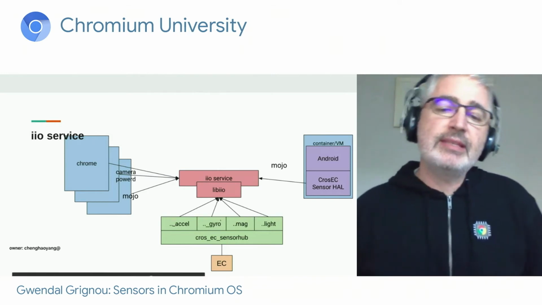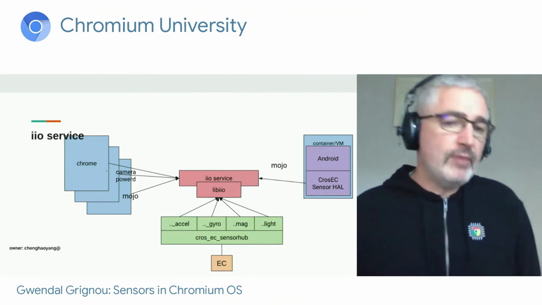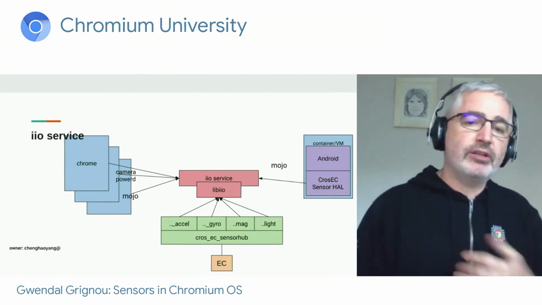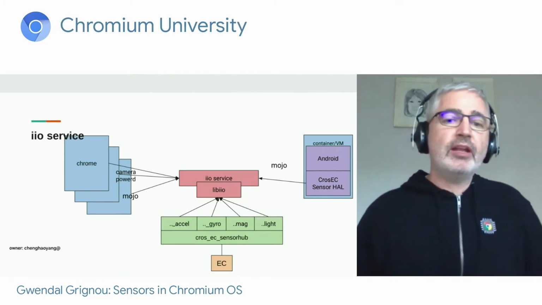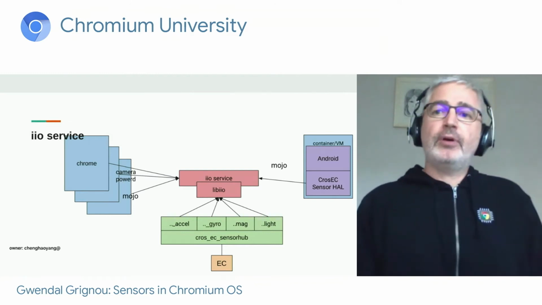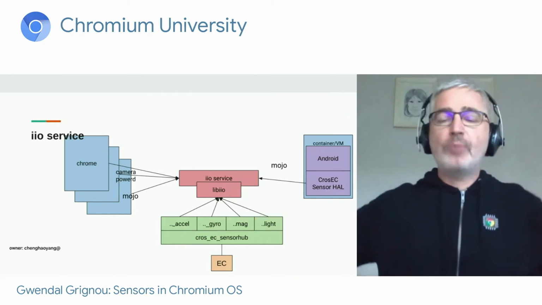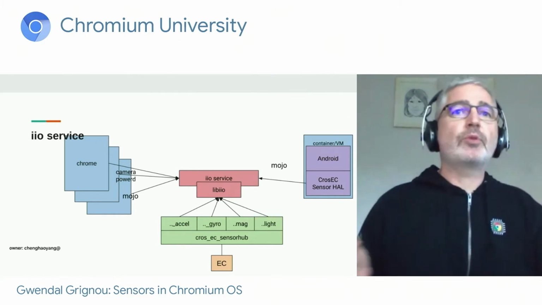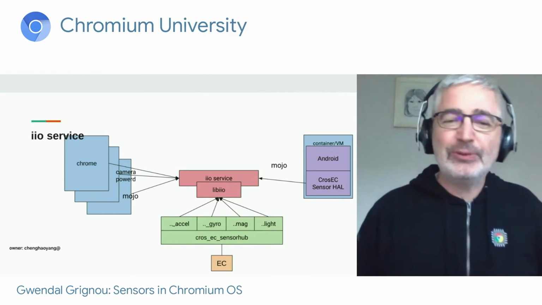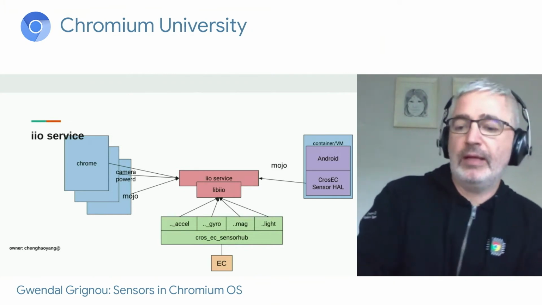The way the kernel has been designed, only one person can use a sensor at a time. So you will have Chrome, as seen before. We can have the camera stack if we want to do image stabilization. We can have PowerD also using the sensor. So for instance, if you're stationary on a desk, but you have several Wi-Fi access points, it doesn't make sense to switch access points. So we could be smart and say, oh, I'm stationary, the access points come and go, no need to move. So that's one application for a sensor.